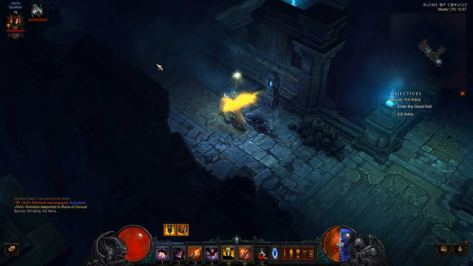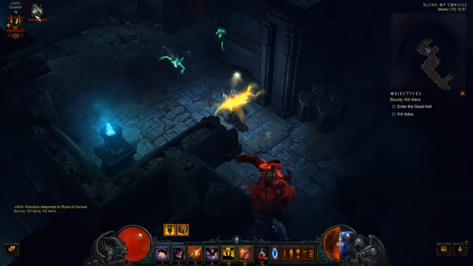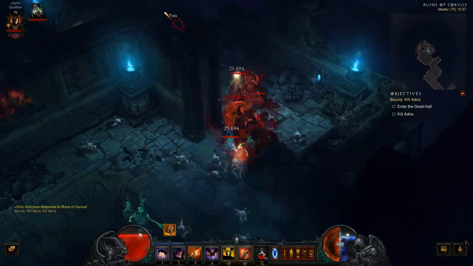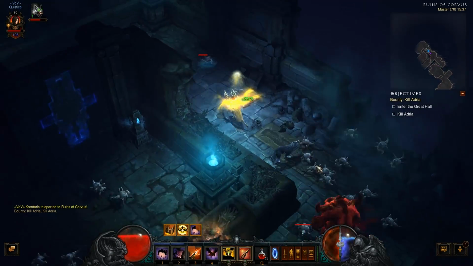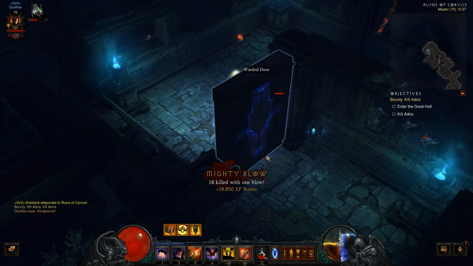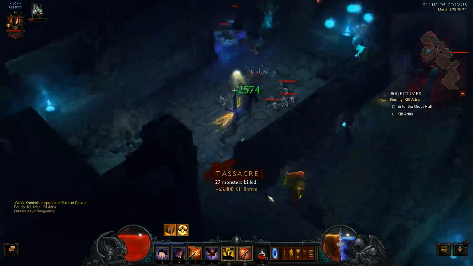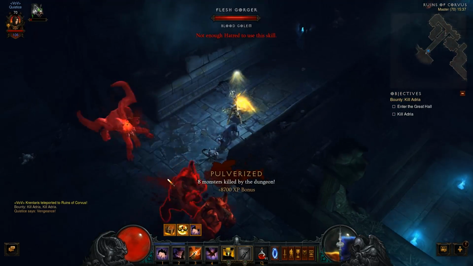Alright then guys, so here I am in the Ruins of Corvus. The reason I like this area so much is you've got 2 elites here that can drop the Bloody Pincer, and secondly there is just an absolute ton you can do along the way here. There's an event here which has 5 elites that spawn in it, so you're getting a bit of